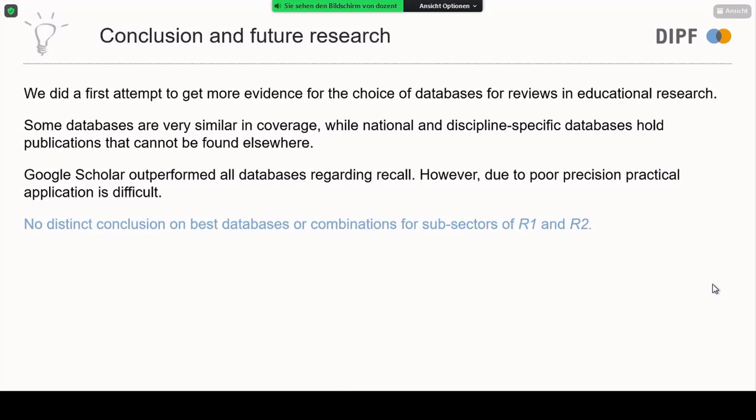So, coming to the conclusion now and future research. We did a first attempt to get more evidence for the choice of databases for reviews in educational research. Some databases are very similar in coverage, while national and discipline-specific databases hold publications that cannot be found elsewhere. As expected, Google Scholar outperformed all databases regarding recall. However, due to poor precision, and we know this from other studies as well, practical application is difficult. We could not draw a distinct conclusion on the best database or combinations for the sub-sectors or sub-questions of R1